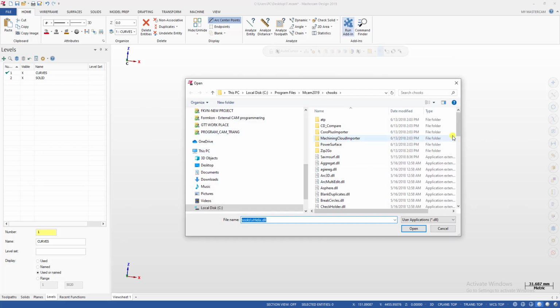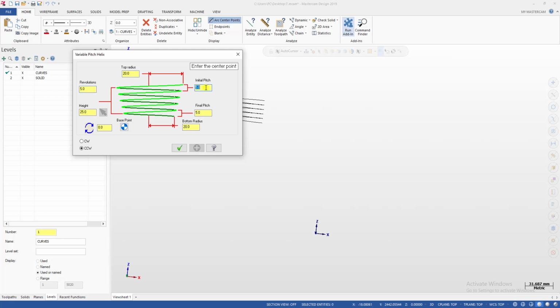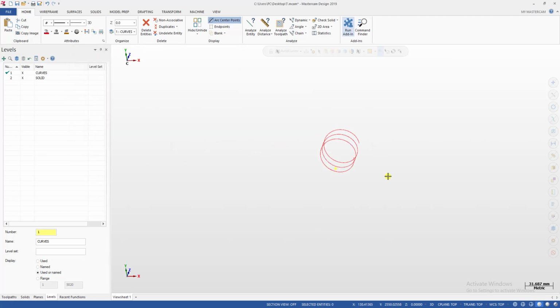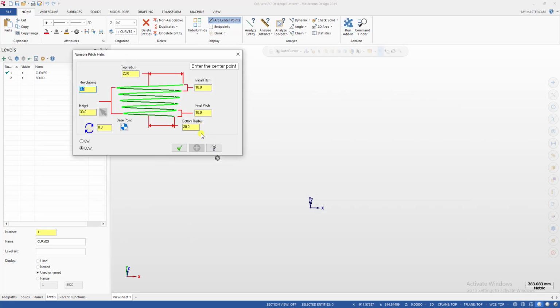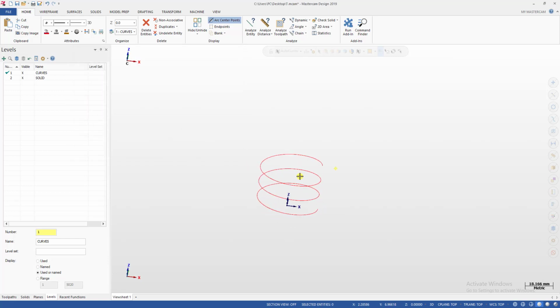For example, I want to create a 10mm constant pitch on the top with 3 revolution. Okay, so this is a 10mm pitch. I need to make it in the center. Okay, put it here. So you can see this is a 10mm pitch, constant pitch, and then I make another one